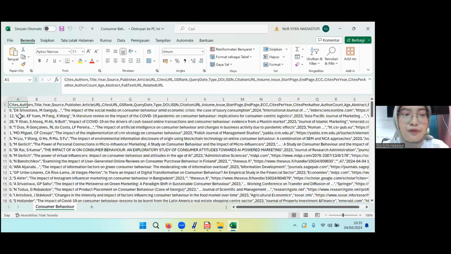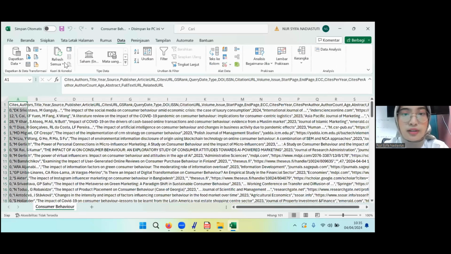Okay, if the results look like this, there is no comma in here, so we have to click the first column, and then you click the Data tab, and then you can click Text to Columns.